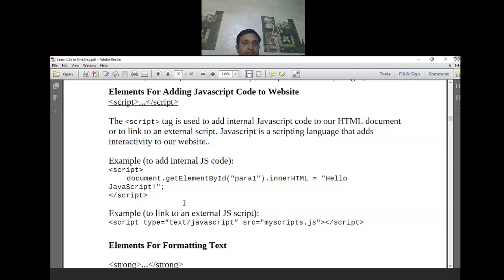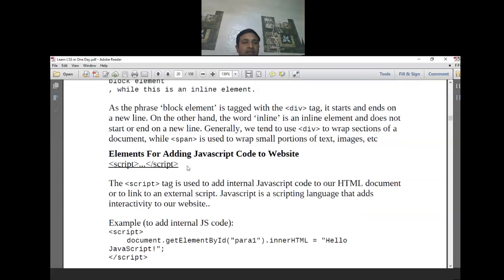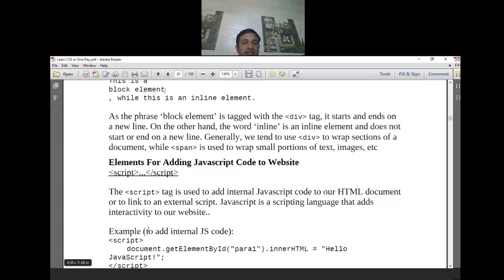The script tag is used to add additional JavaScript code into our HTML document, or to link external scripts. So either you can write some basic scripts there, or you can use a script file. To separate HTML from the scripting, you should always write a separate script file and just give the reference here.